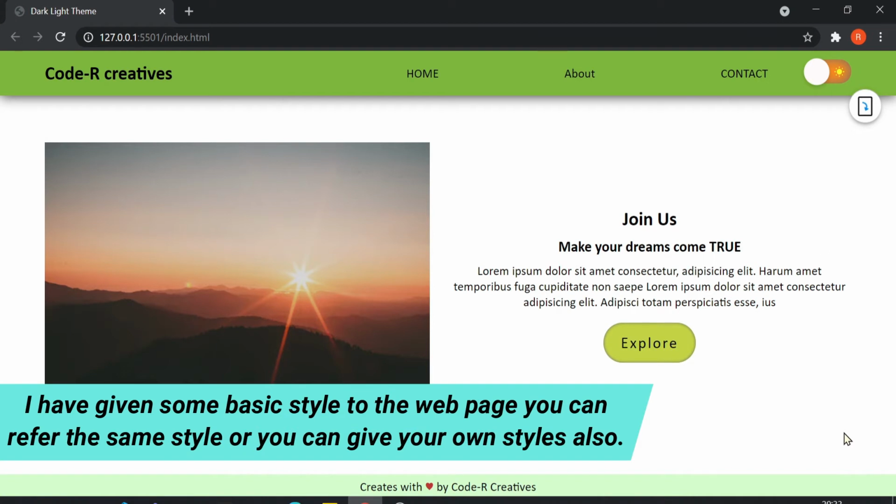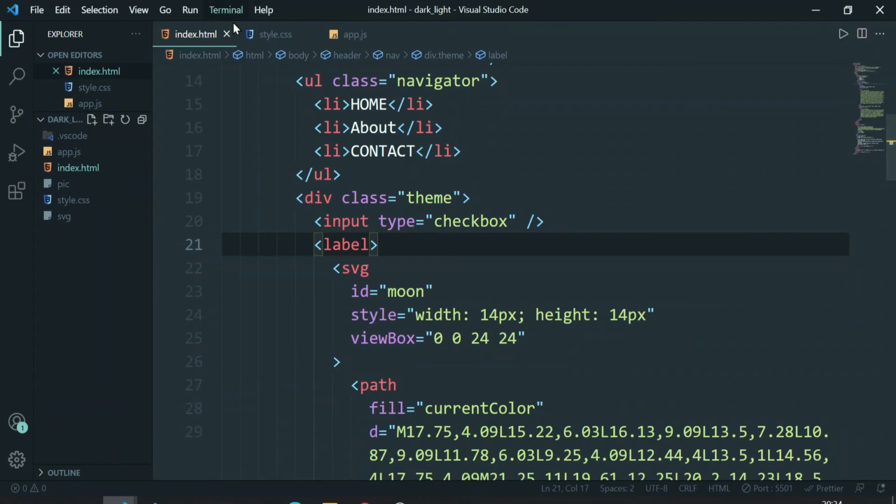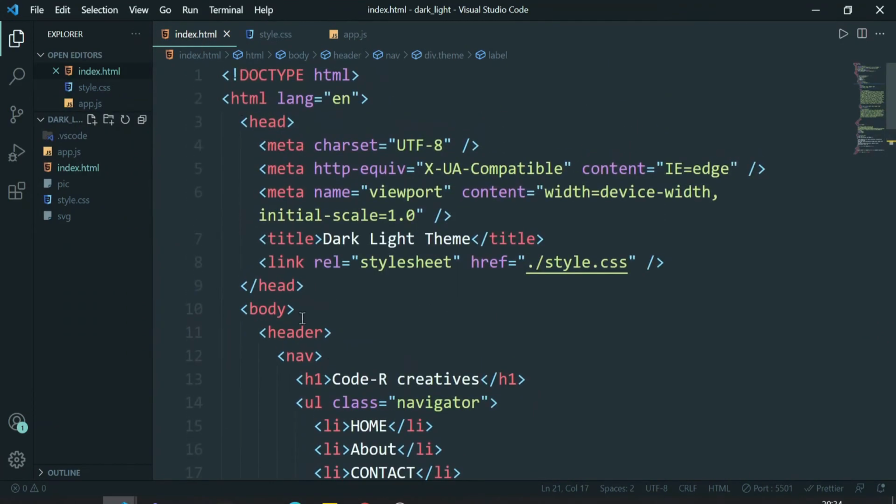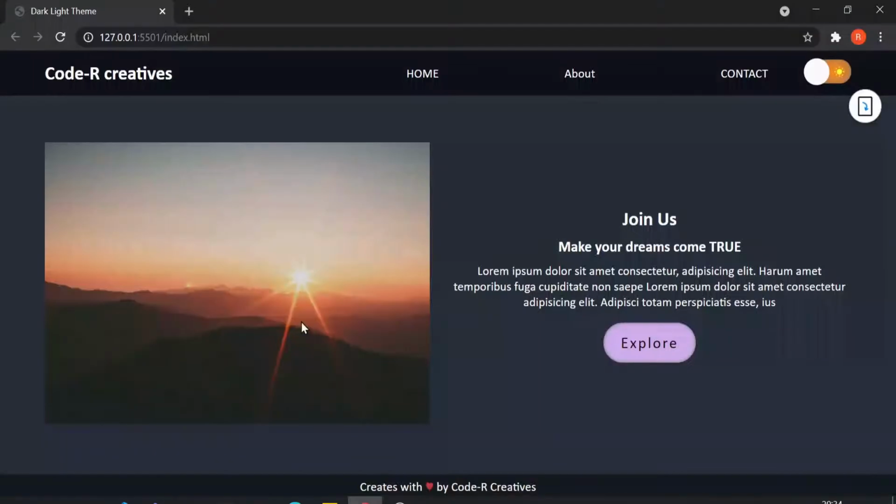So now, how to use these CSS variables more efficiently? Let me move to this body, and let me give it a class of dark. Now let's save this. You can see that we have changed the color of our web page over here to dark mode.